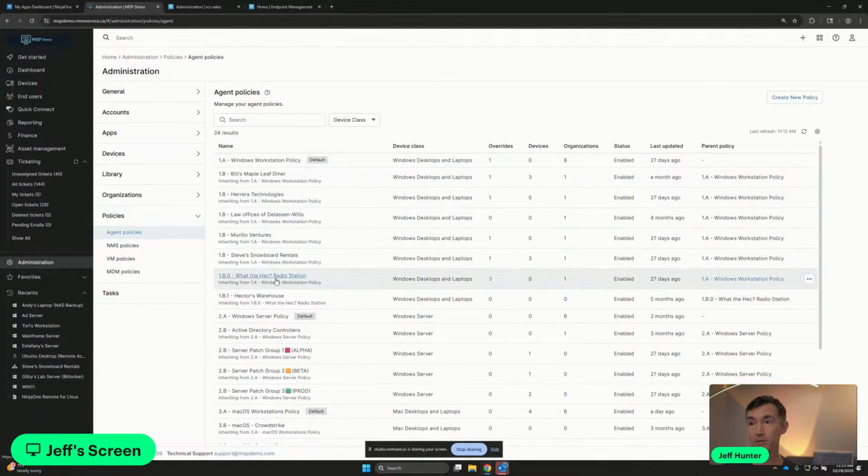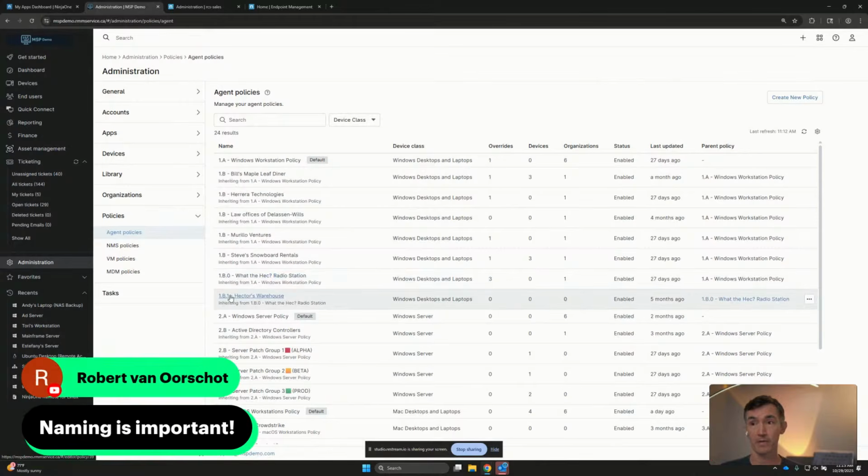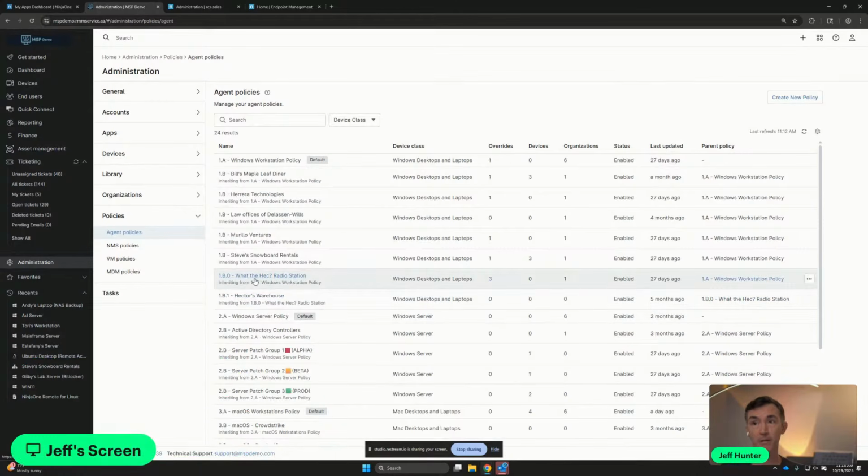So for the what the heck radio station right here, I have a third level here. This is the third level of inheritance, 1.B.0. That lets me know that there is something else that's going to inherit from this policy right here. And so you can see right there, this would then be the third level right here. So 1.B.1, this would be the third level inheriting from the second level, 1.B.0, which inherits from the top level,